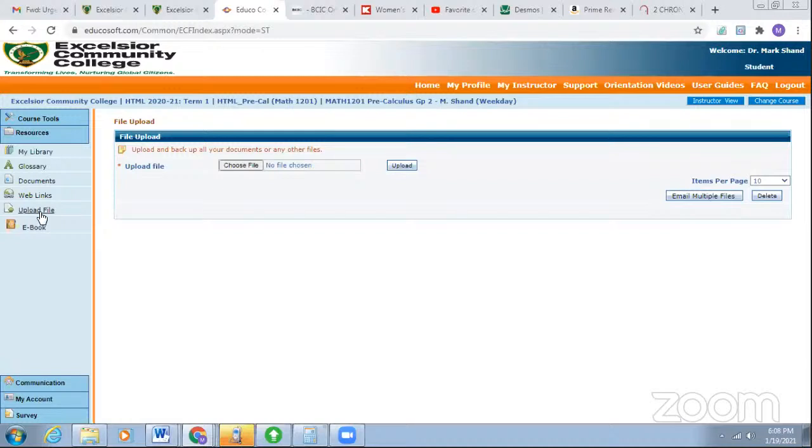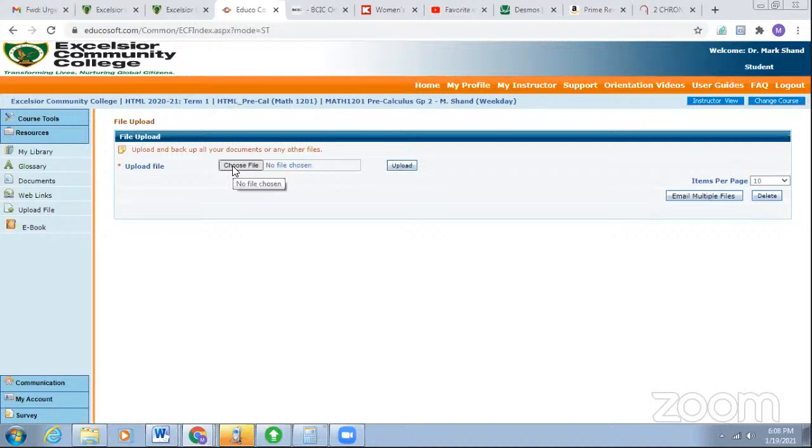What you'll do is click on upload file. You're going to click choose file. You're going to be looking for where you would have saved your file. Once you find the file in question, students, please ensure that you send me the correct file. I don't want a file that contains psychology, because the responsibility will be yours to ensure that the correct file is uploaded.